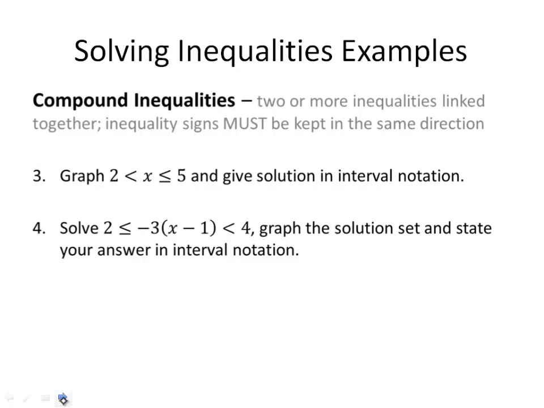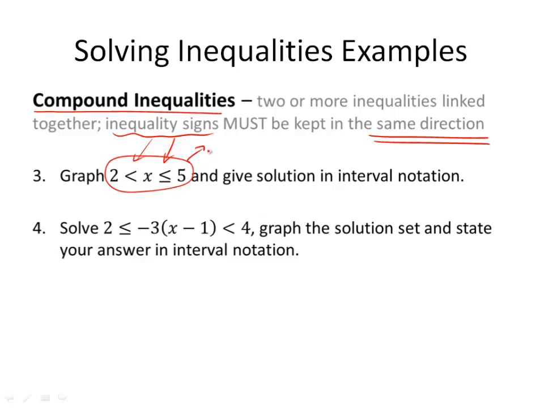Let's continue to some more examples. Sometimes you'll have something that's called a compound inequality, where you have two or more inequalities linked together in one inequality. For example, this statement here. Notice that the inequality signs must be going in the same direction. So this is actually the same as saying x is greater than 2 and x is less than or equal to 5. So if you think about that, on a number line,